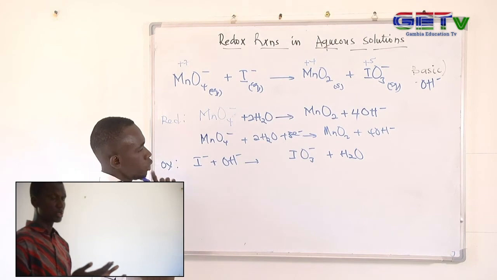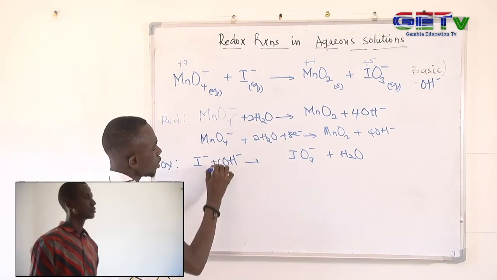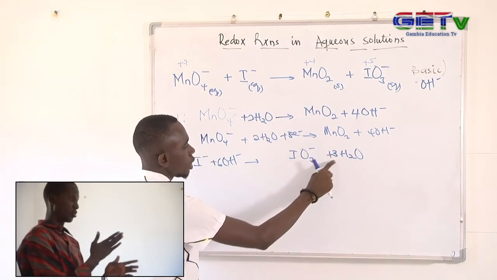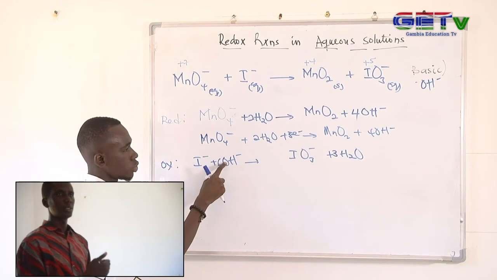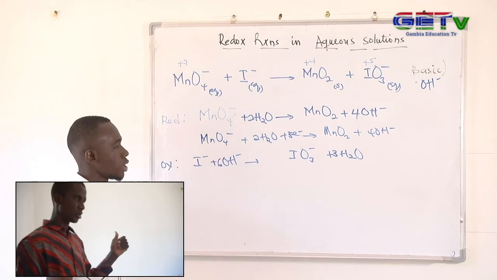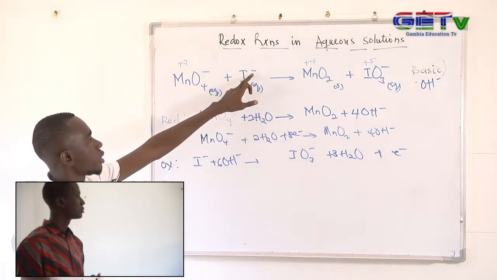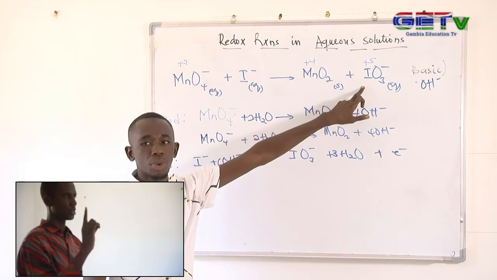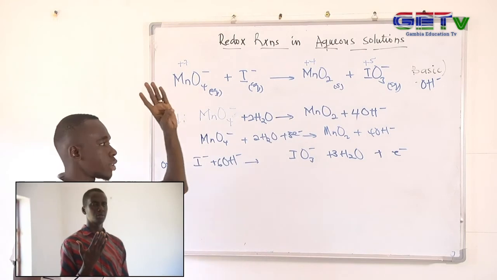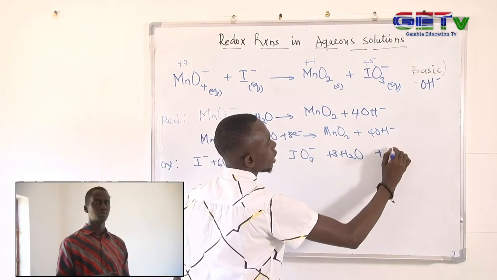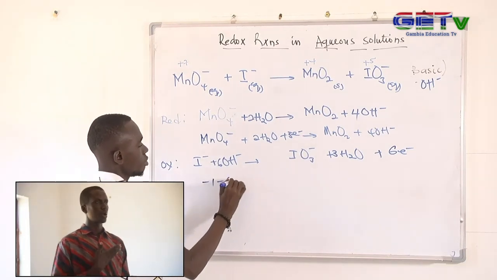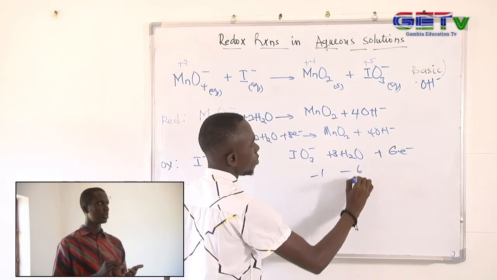And in this case, you can balance it by adding here 6 and then putting here what? 3. So this is going to be 3 plus 3 for oxygen, 6, and oxygen also is 6. 3 times 2 for hydrogen is 6, and here also we have 6 for hydrogen ions. Now we have iodine minus 1, and also we have iodine here is plus 5. So the difference between this iodine and this iodine here is 6 electrons, which means we put here 6 electrons. Now here we will have minus 1, minus 6, and here we will have minus 1, minus 6,